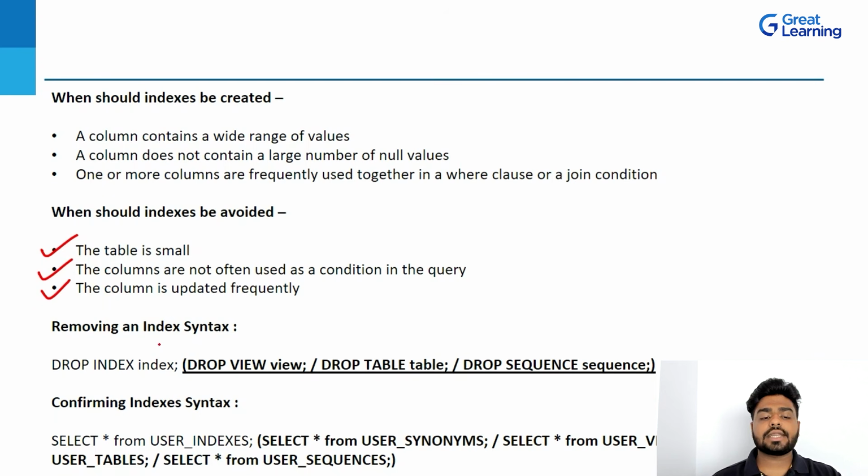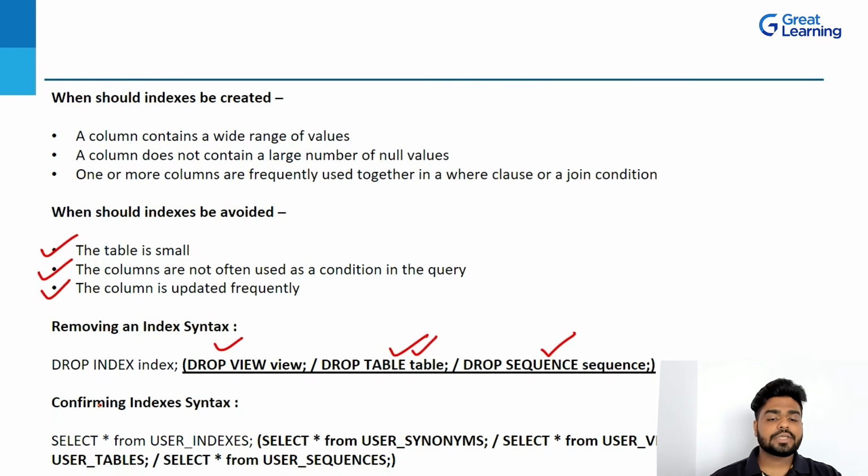How can you remove an index? Just write drop index. If you want to drop the view, drop view. If you want to drop the table, drop table. And if you want to drop a sequence, drop sequence. This is how you can drop any of the objects, whatever you create. Drop table we have already seen in the